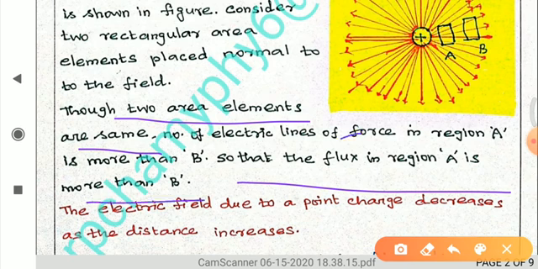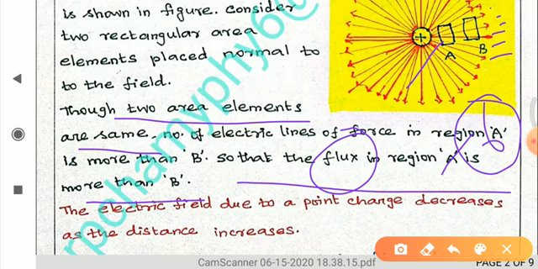How can we say that? What is the meaning of flux? Flux is nothing but the number of electric lines of force crossing through the given area. Now, if we take the area A, how many lines of force are there? 1, 2, 3, 4, 5, 6. So according to A, the number of lines of force passing is 6. According to B, we can calculate 1, 2, 3. So for B, 3 lines of force are crossing.